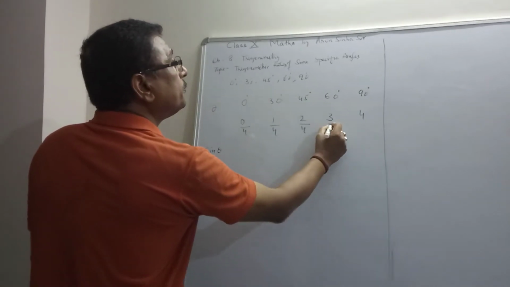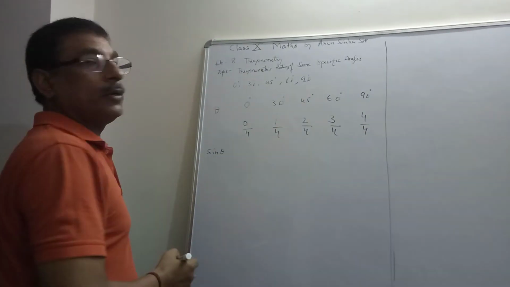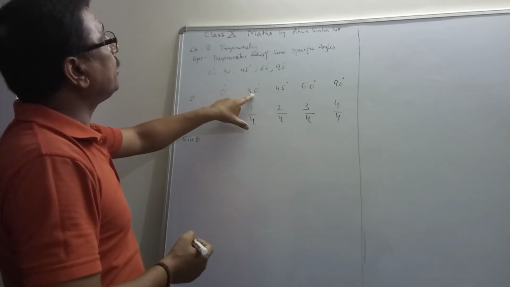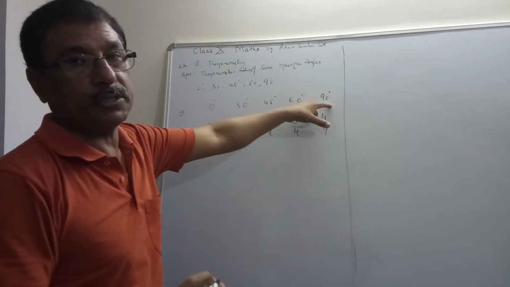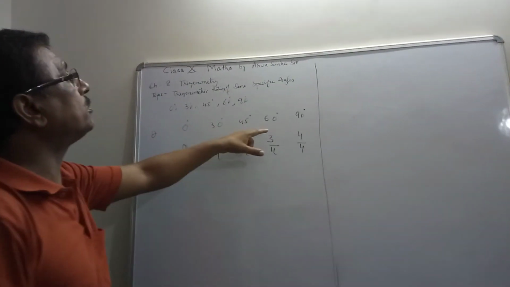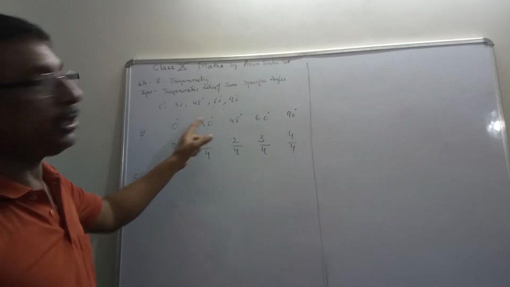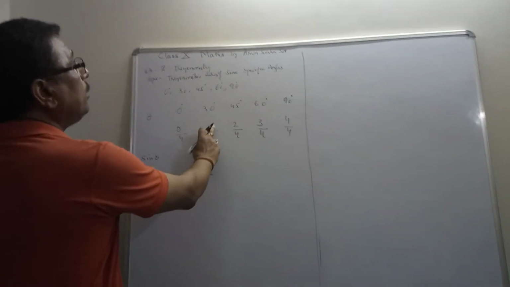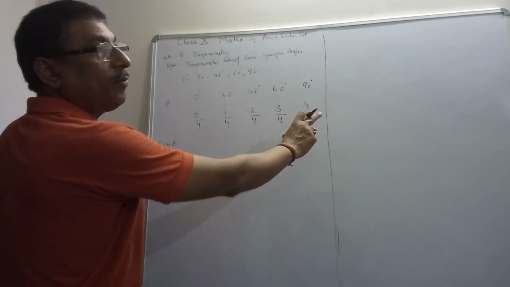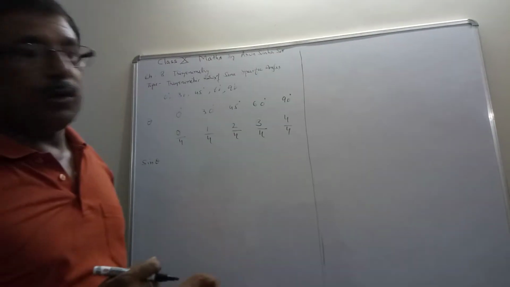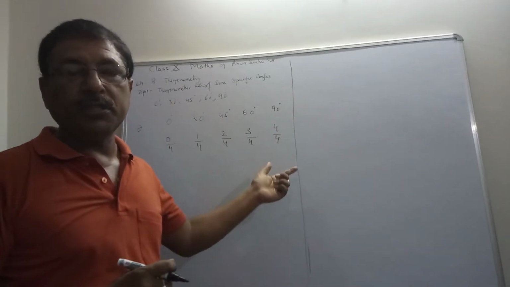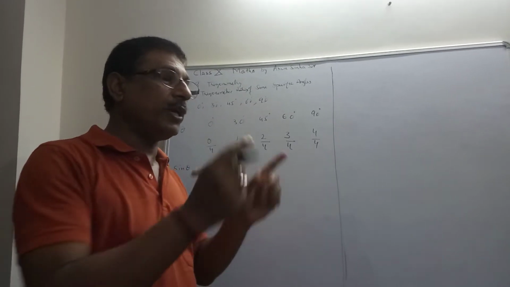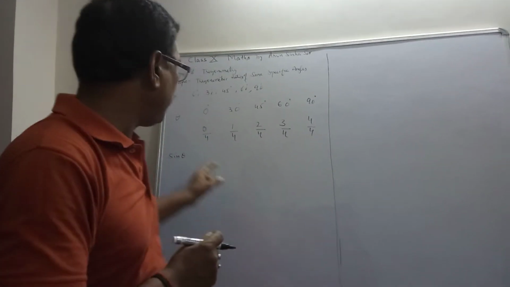Below the 0 you write 0. You have to learn this sequence because it is very important. Don't break this sequence. The increasing order is 0, 30, 45, 60, 90. Now 0, 1, 2, 3, 4, and divide all by 4. Why are we dividing by 4? Because when you get these values, in the square root you will get 4, which means you can take the 2 outside. That's why we are dividing by 4.